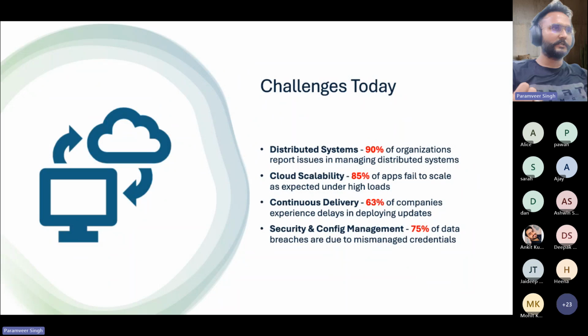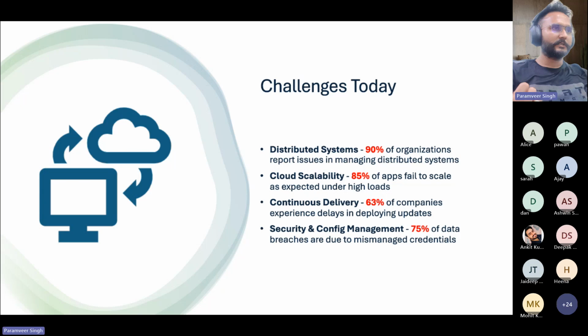When the applications are deployed on cloud, about 85% of apps fail to scale, which means that today, if you are building your application or your system, you have written some piece of code that is working well. Now, if you start seeing a surge in traffic or a surge in the number of users who are using your system, many of the cloud systems start failing. Either the failure could be in the performance, or the failure could be in terms of cost that is associated with it. And again, about 80% of the